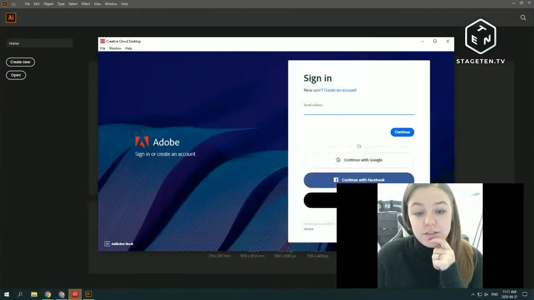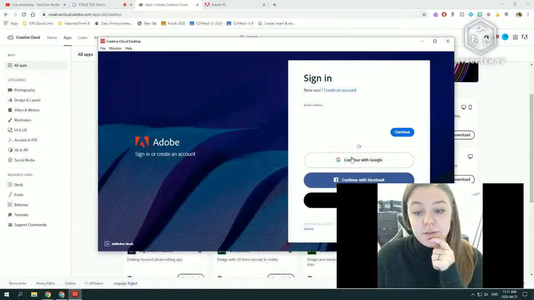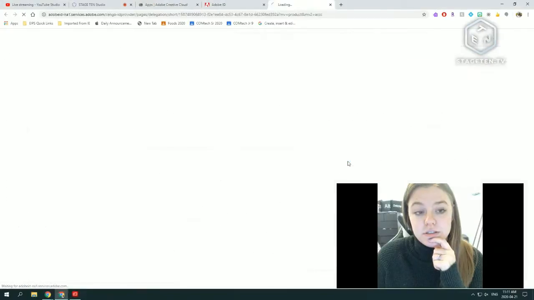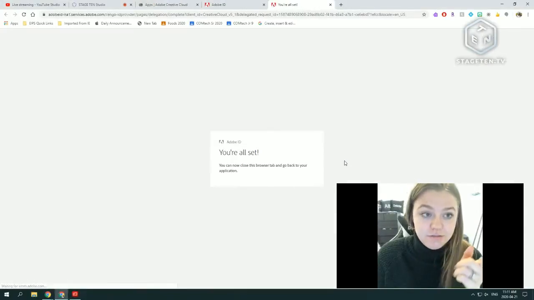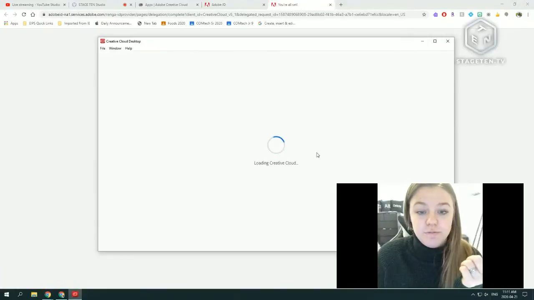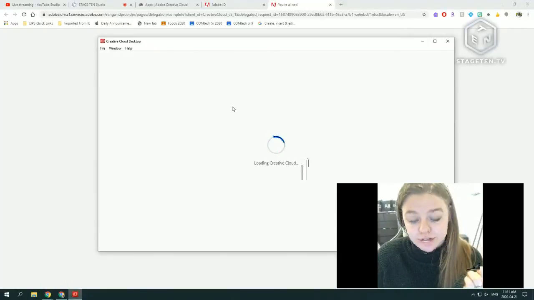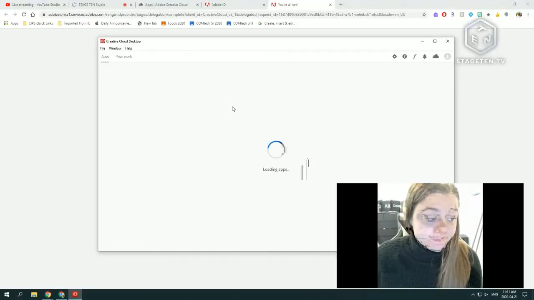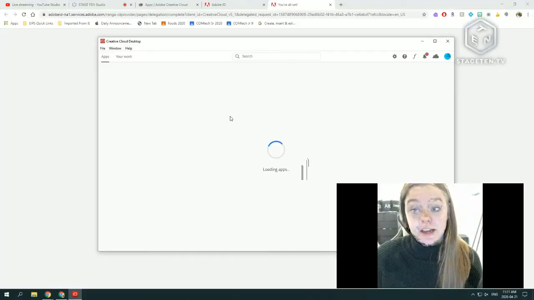It works. We're going to go with Google and it's going to take you to your Google login or ask you to sign with your enterprise. Again, make sure you're signing with your enterprise. And that is how you download and install Creative Cloud. And once it's in, you can open any of those applications and